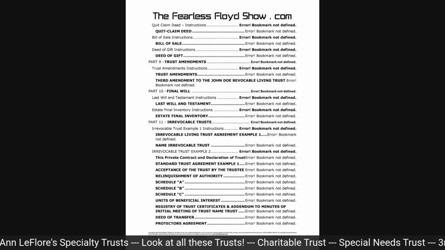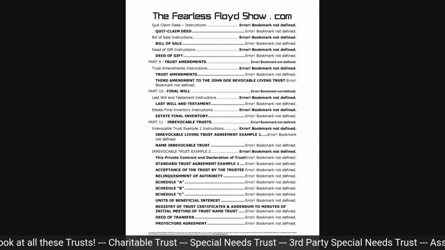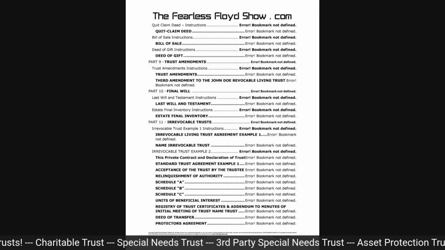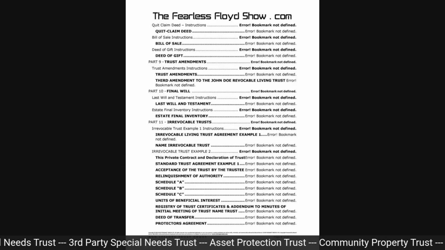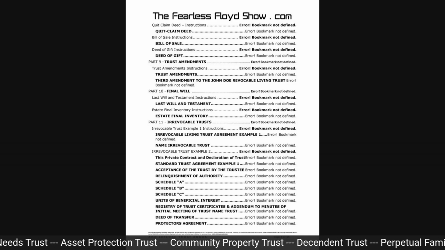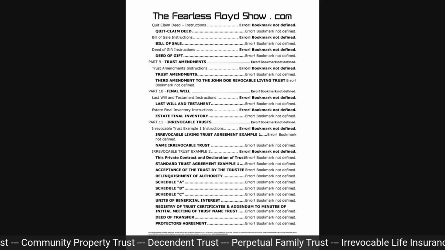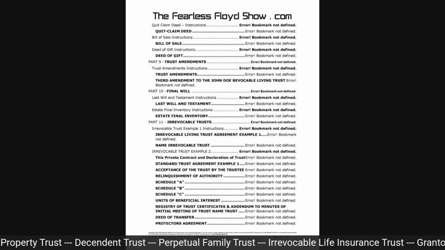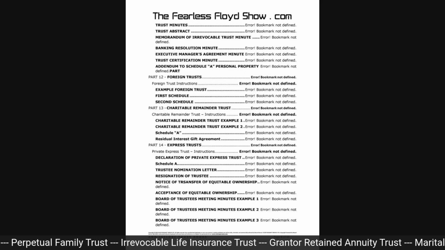Irrevocable trusts is part 11, irrevocable living trust agreement. And then down here we have the standard trust agreement, acceptance of the trust by trustee, relinquishment of authority, Schedule A, Schedule B, Schedule C, units of beneficiary interest, registry of trust certificates, and addendum to minutes of initial meeting of trust name trust, deed of transfer, protectors agreement, trust minutes, trust abstract,